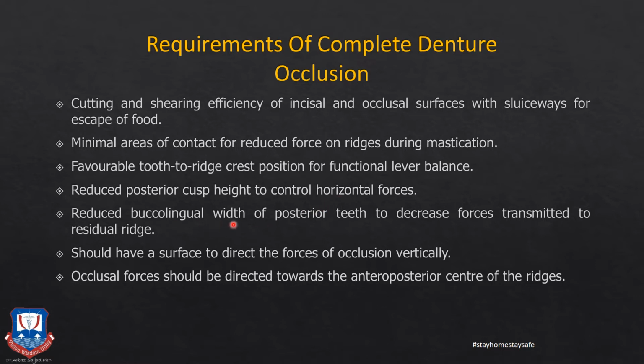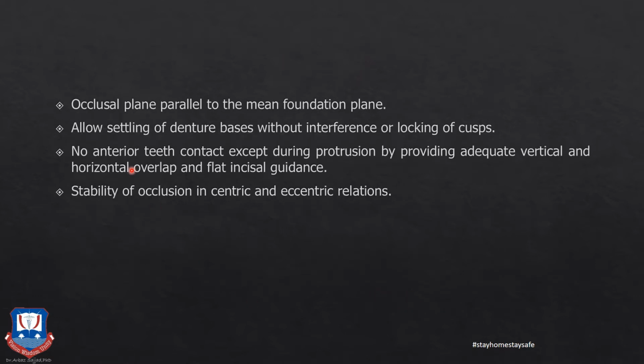There should be reduced buccolingual width of the posterior teeth so as to decrease the forces transmitted to the underlying residual ridges. Also, they should have a surface to direct the forces in a vertical direction. Occlusal forces should be directed towards the anterior posterior center of the ridge. Also, the occlusal plane should be parallel to the mean foundation plane. They should allow the setting of the denture bases without interference or locking of the cusps. No anterior teeth contact should be there except during protrusion or retrusion. That is, during maximum intercuspation or during centric occlusion, the anterior teeth should have sufficient overjet to prevent the contact